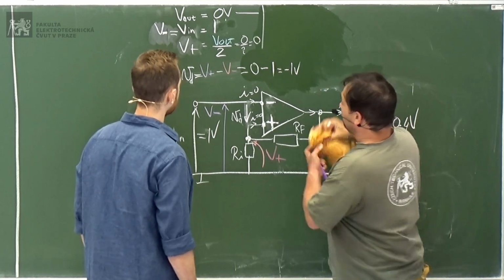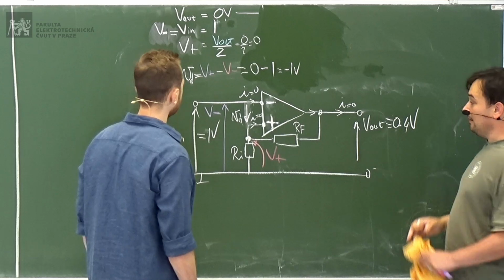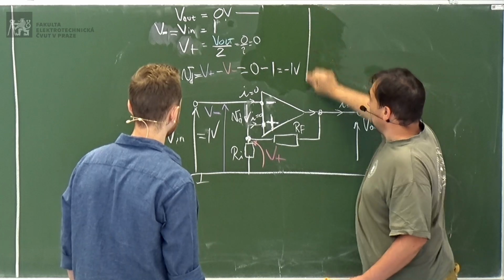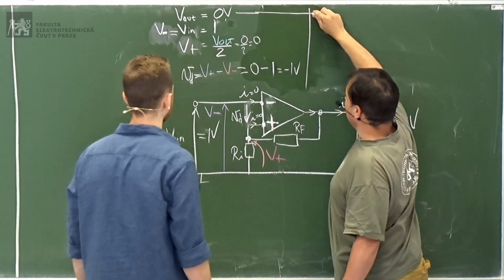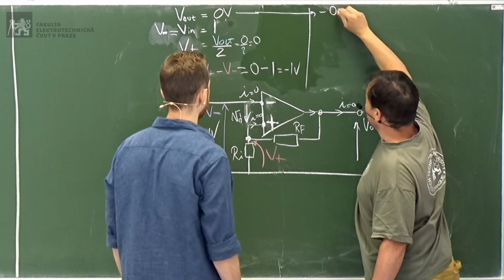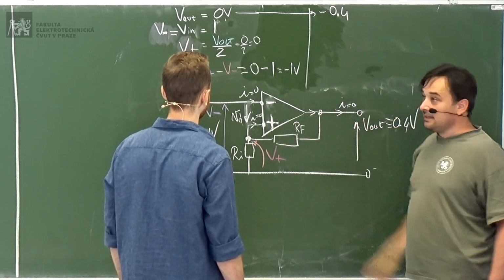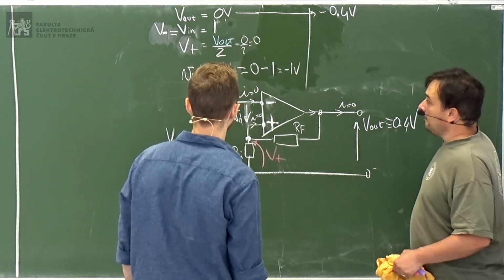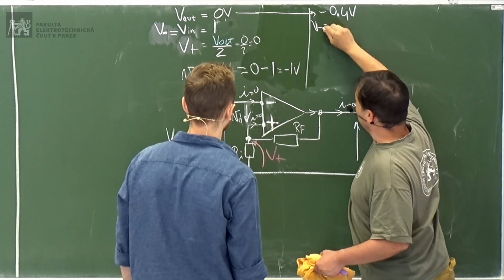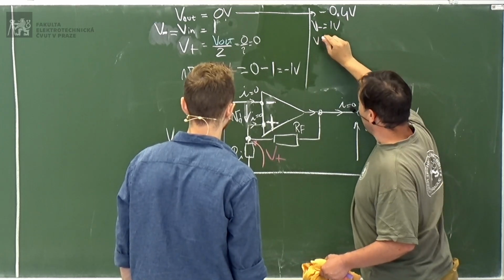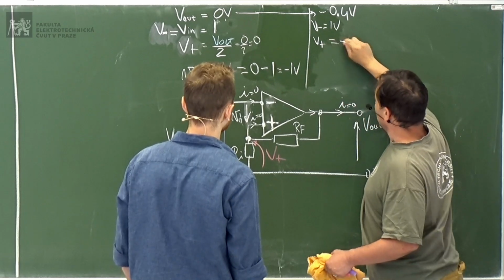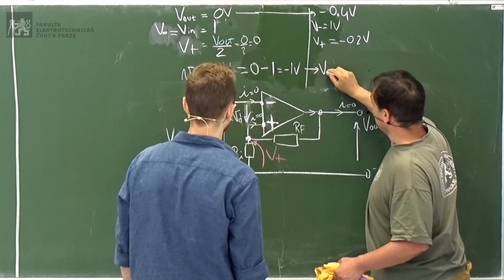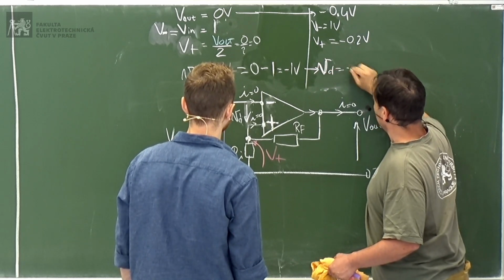Volt, okay. Now, the amplifier feels that the input voltage is negative. So what we should do, decrease the output, okay? So now the output, instead of 0 volts, will be negative 0.4, because it's feeling a negative voltage. So it has to decrease it. So now, input's still 1. V minus is still 1 volt. V plus, instead of 0, it's going to be negative 0.2 volts. And now the difference between them,